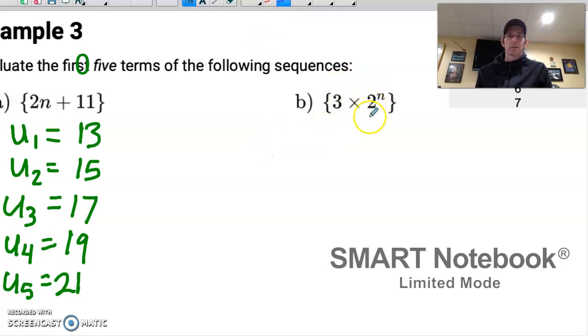This again is a slightly different rule. My terms are going to go in as exponents. So my first term is going to be 3 times 2 to the first, and 2 to the first is 2, so that would give me 6. The second term, I'm going to put a 2 up here, and 2 times 2 is 4. 4 times 3 is